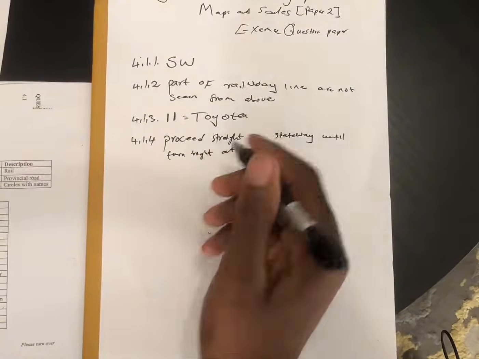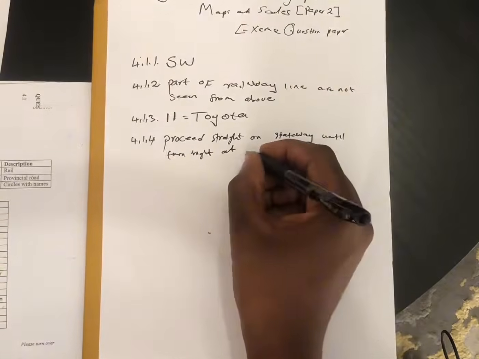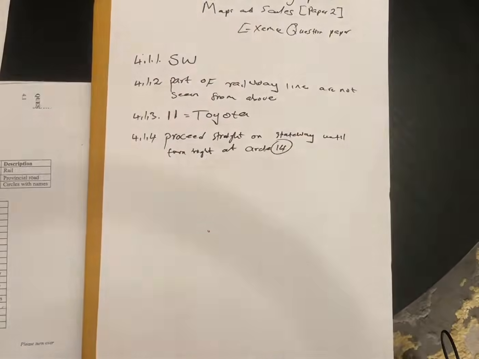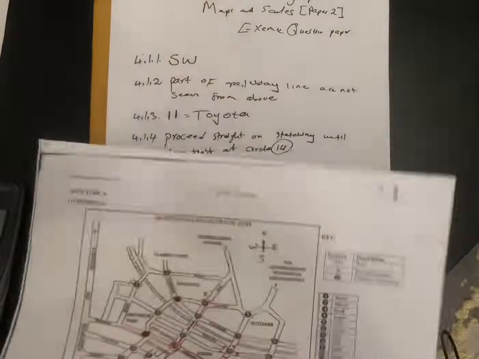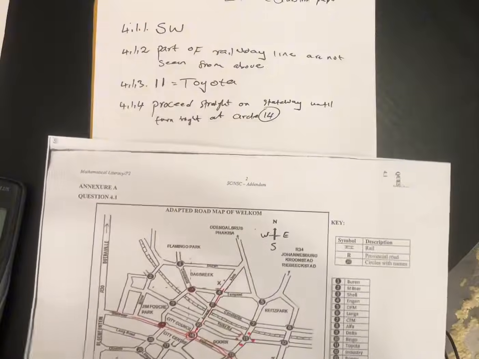Where do we turn right? I explained that we're turning right at the City Council, or at 14, at Circle 14. At Circle 14, after turning right, you also have to proceed straight,